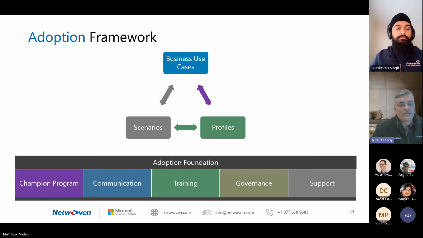Training is around making sure that you've got different forms of training. There's online training, there's brown bag training sessions, and you've got different mediums and methods for that. Governance is making sure that you've got people, process, and policies, all three together, and of course technology, all four together, to be able to execute on your governance.